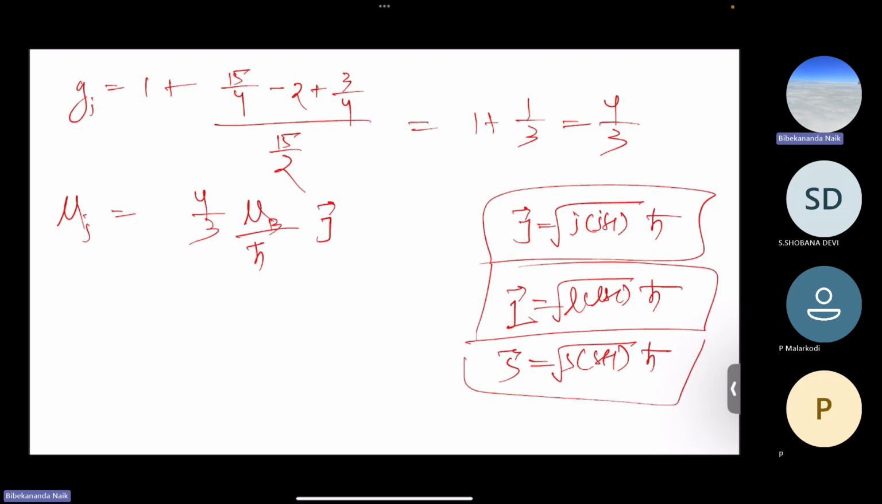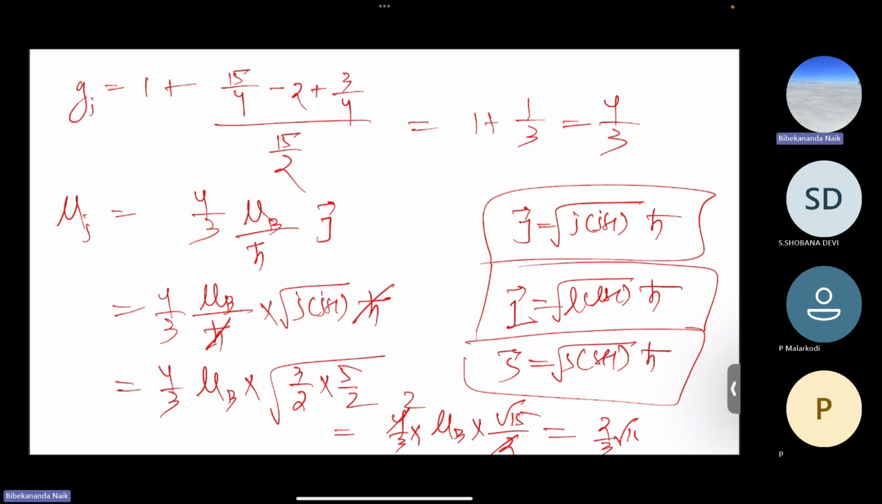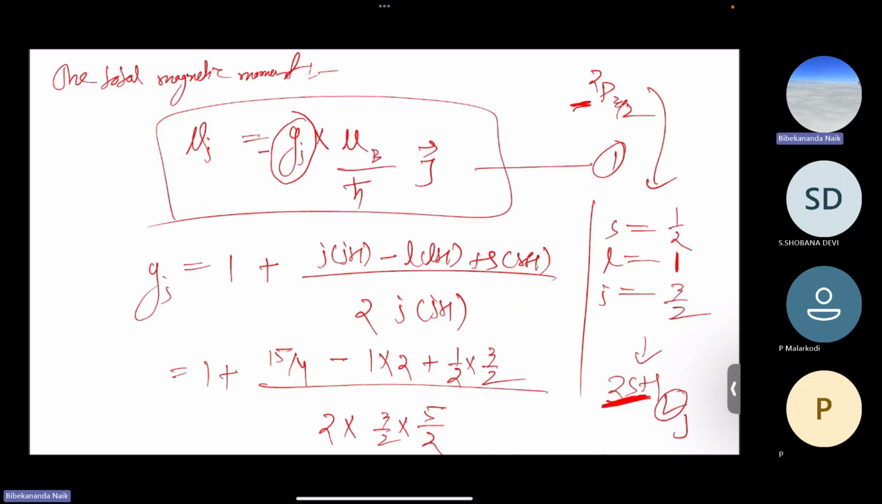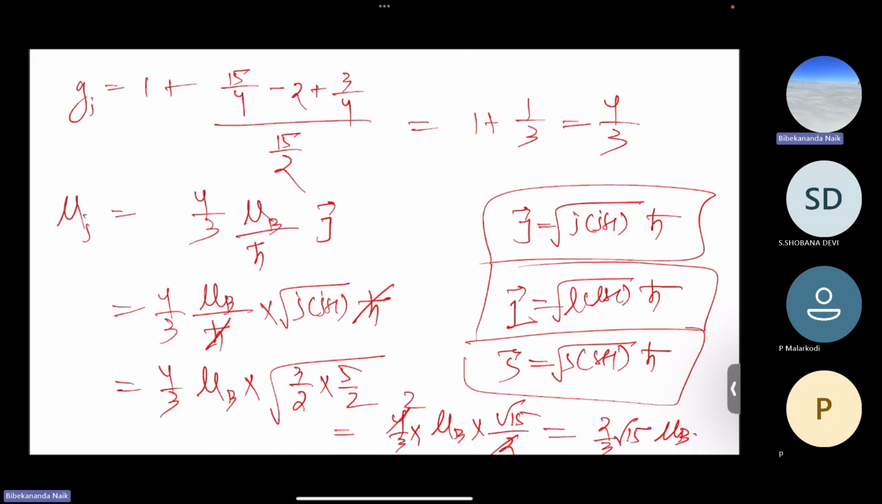So these are the quantum mechanical notations or quantum mechanical treatments. It is 4 by 3 mu b by h cross into root over j into j plus 1 times h cross. So h cross gets cancelled out. It will be 4 by 3 mu b into root over 3 by 2 into 5 by 2. So it is 4 by 3 into mu b into root 15 by 2. So 2 gets cancelled out. It will be 2 by 3 root 15 into mu b,